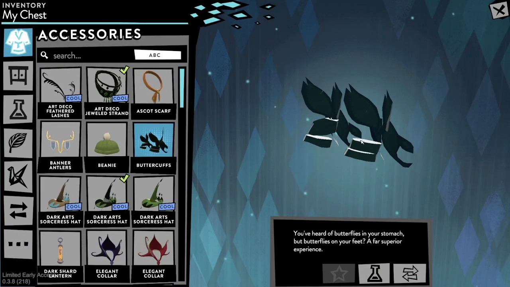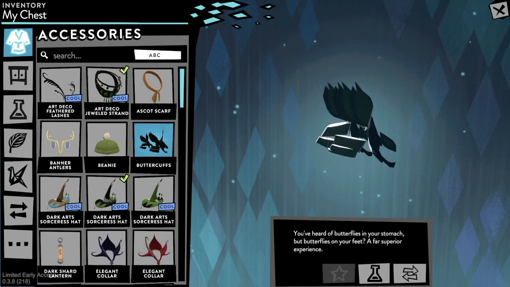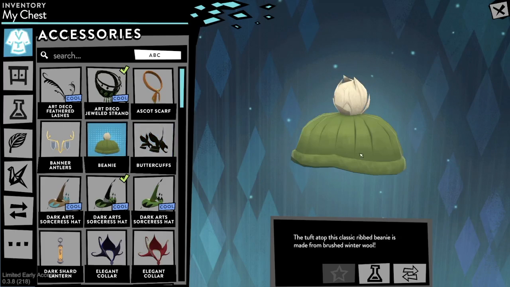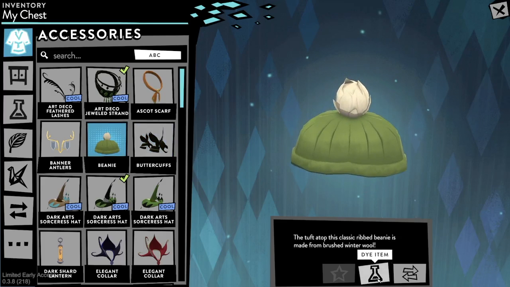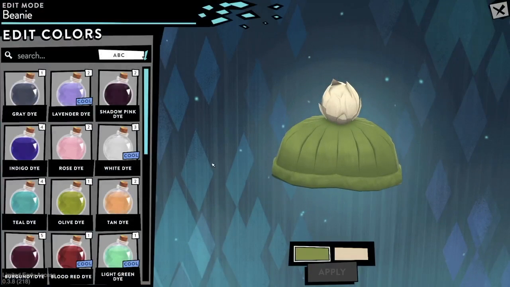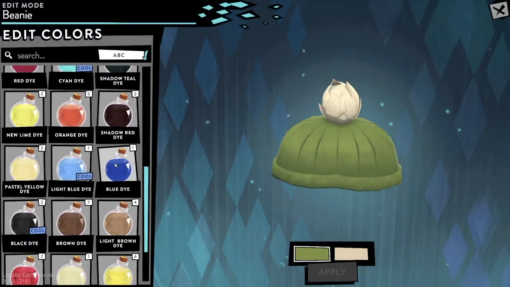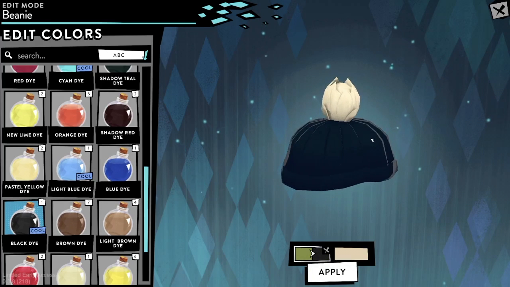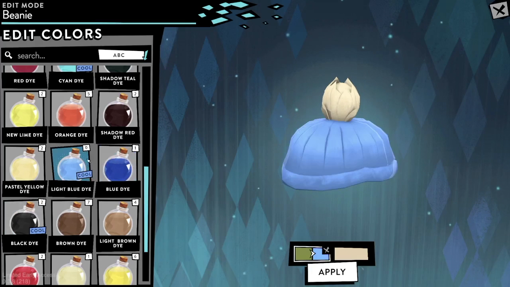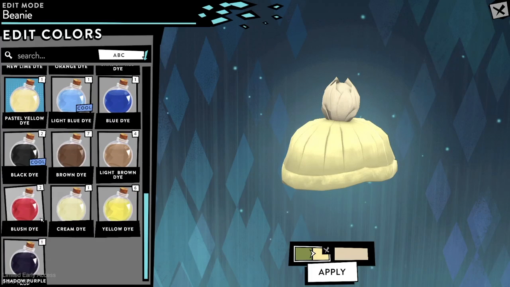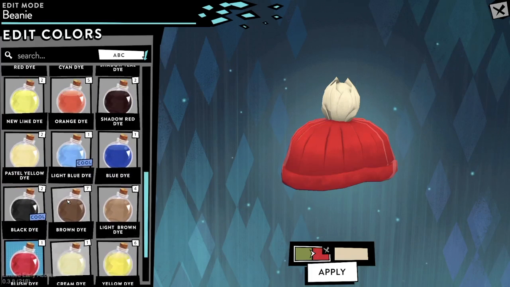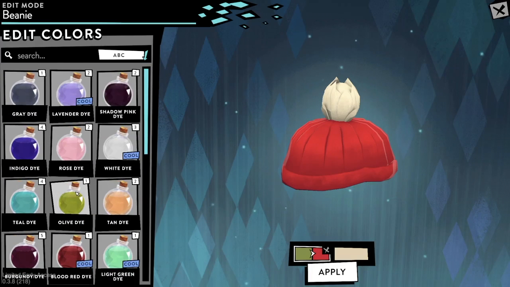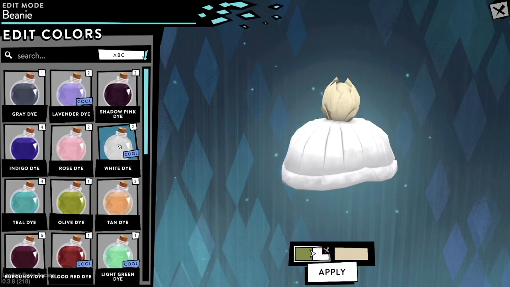I have these right here, and I have actually dyed these, but I'm going to go ahead and dye this beanie. So you click the dye item right down here to dye the item, and then all of your dyes pop up. You can click a black one, and the black isn't completely black currently, but it's still pretty dark. You can have the blue, light blue, pastel, blush red, anything like that is kind of cool,